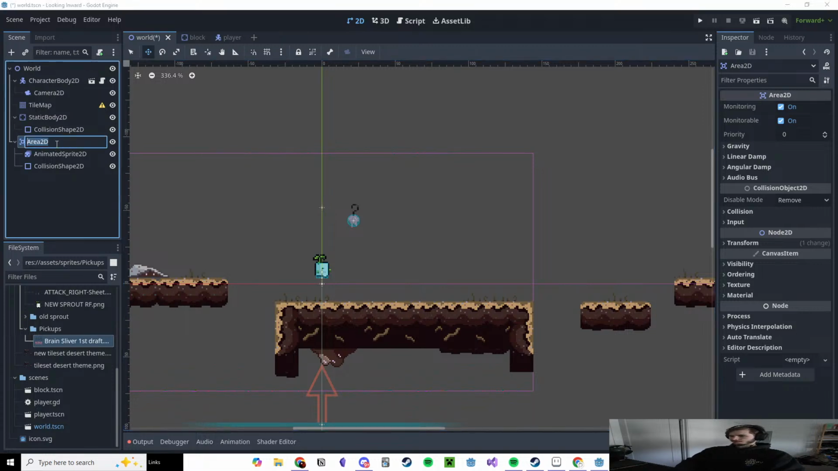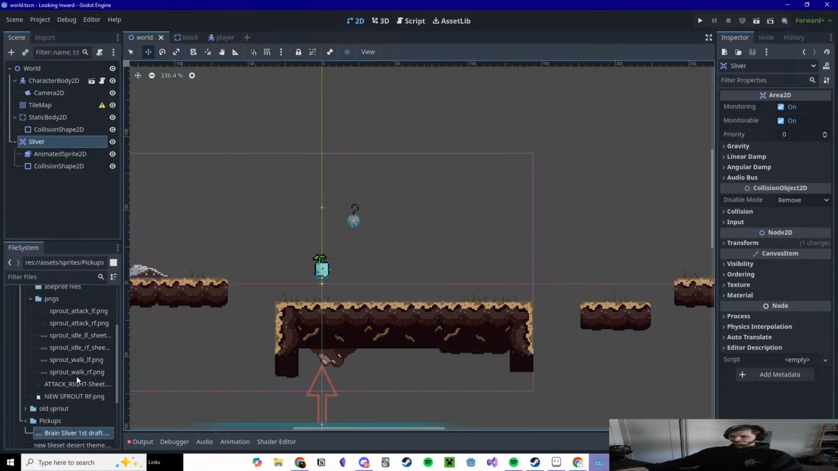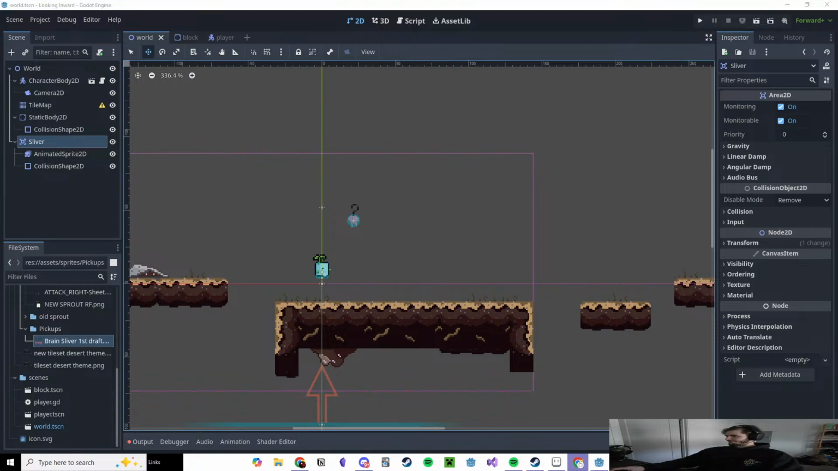You can always use Ctrl D to duplicate. And now if we play, we can see that the coin is here, but nothing happens if we enter the area. So it's time to make our first script. So in our coin,